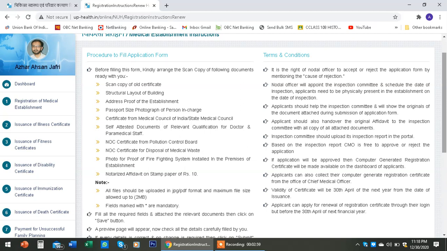the hospital, certificate from the Medical Council of India or State Medical Council, self-attested documents of relevant qualification for doctors and paramedical staff, NOC certificate from the Pollution Control Board, NOC certificate from the Disposal of Medical Waste Agency, photo proof of firefighting system. Here you have to have only the photograph, and you don't need any NOC or any certificate